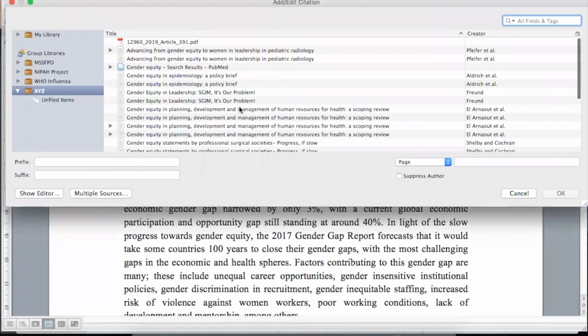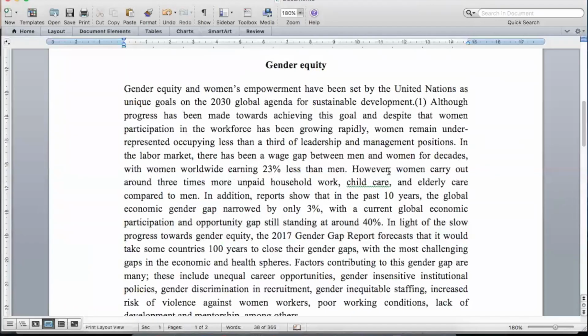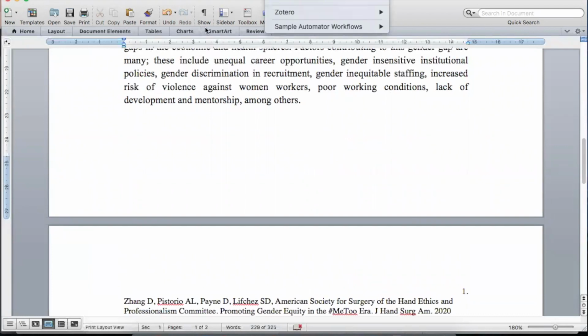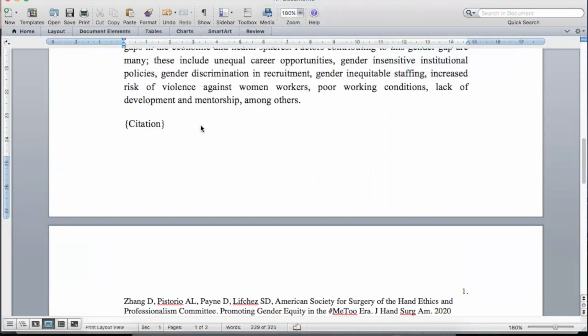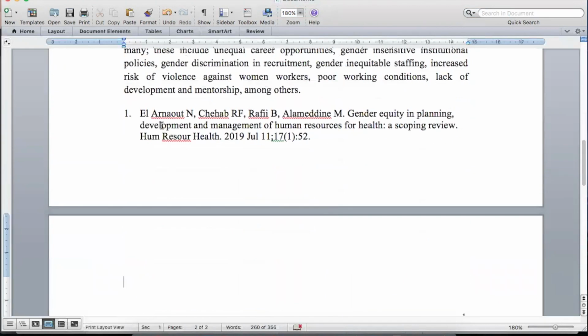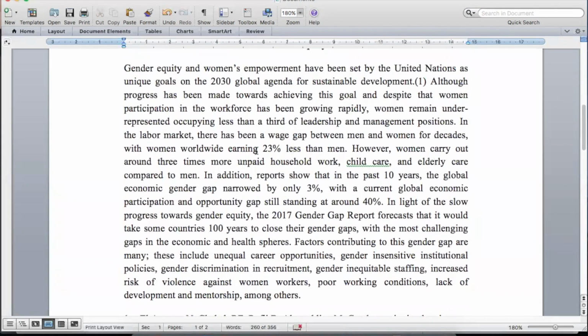And then a mini version of Zotero will open for me. I will select whichever collection I want the citation from. Suppose I want from this one, I'll click it and then I'll do OK. And then I'll go to the bottom of the page. I'll add bibliography. And since I've already added the citation, it will create the bibliography on its own for that particular citation. So that's how we can do it for one.